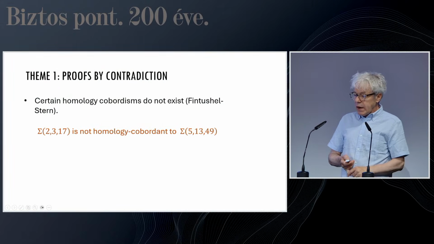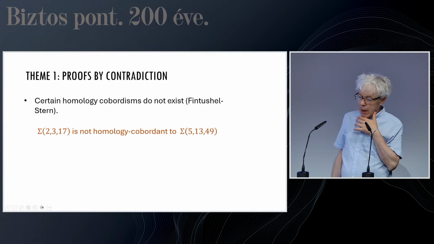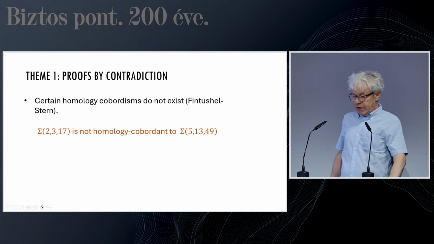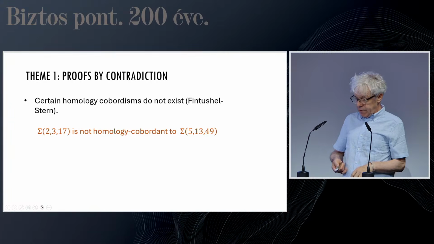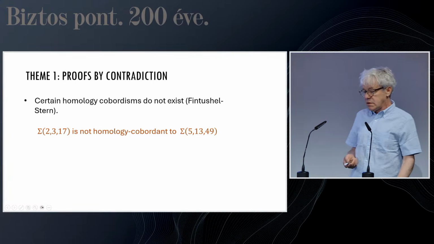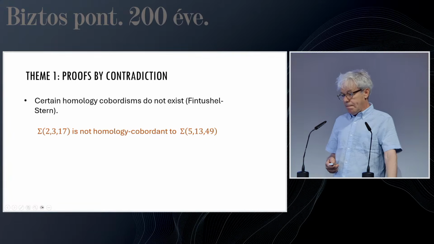Opening the door a lot wider was the work of Fintushel and Stern. I want to illustrate some of their ideas in a particular example. Σ(2,3,17) and Σ(5,13,49) are two Brieskorn homology spheres. You don't really need to know what they are. They're some of the best understood